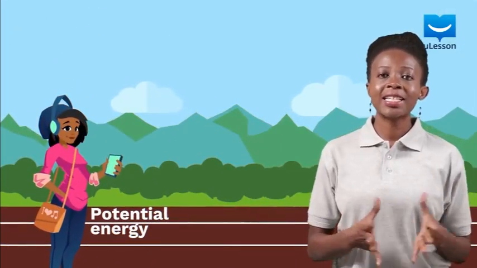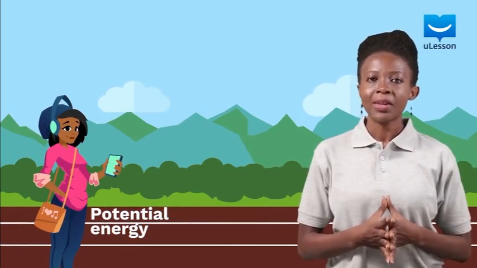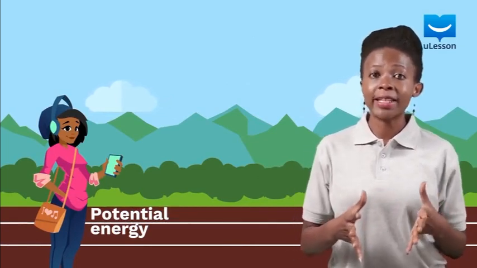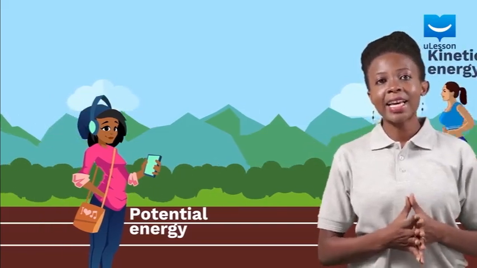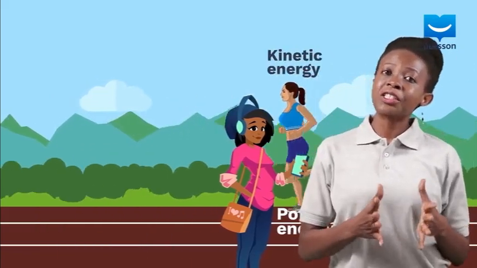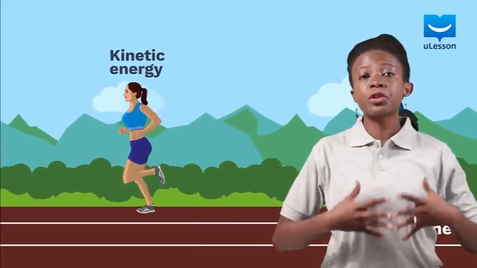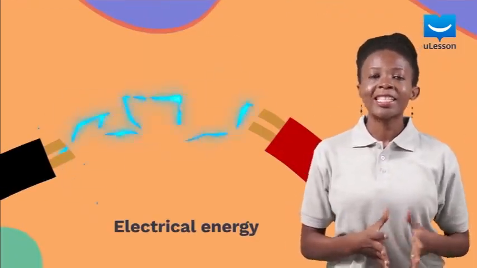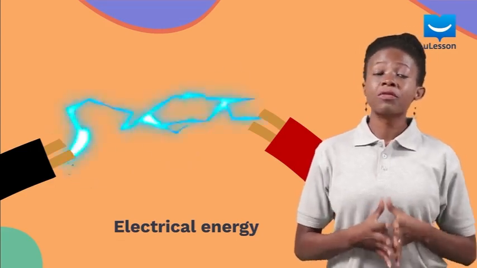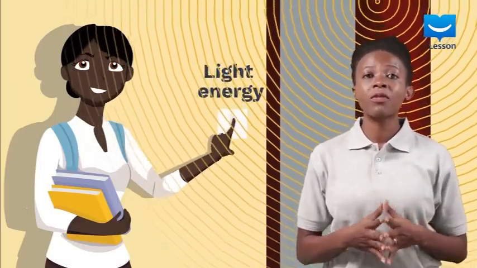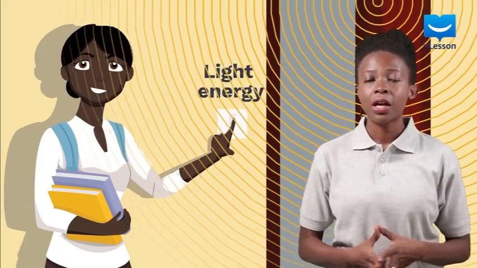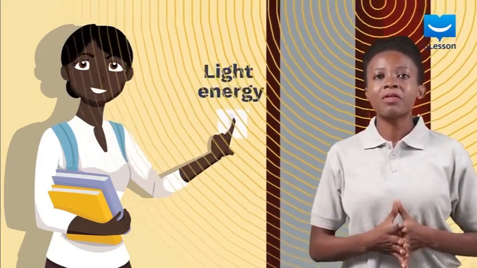Potential energy is another form of energy. It is the energy an object at rest possesses by virtue of its position. Kinetic energy, on its part, is the energy possessed by a body by virtue of its motion. Electrical energy is the energy generated as a result of the movement of electrons. Light energy is the energy given off in the form of electromagnetic waves, which make certain types of light visible